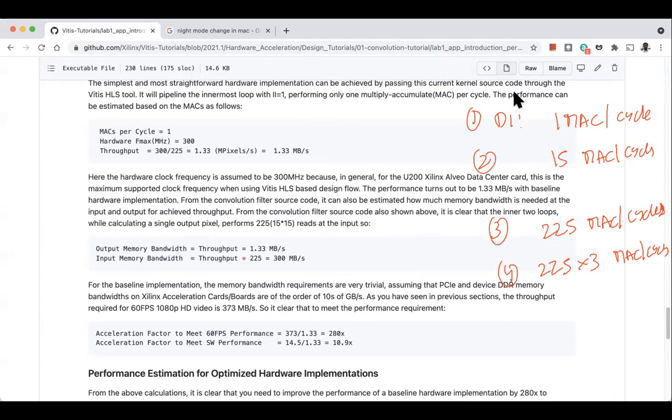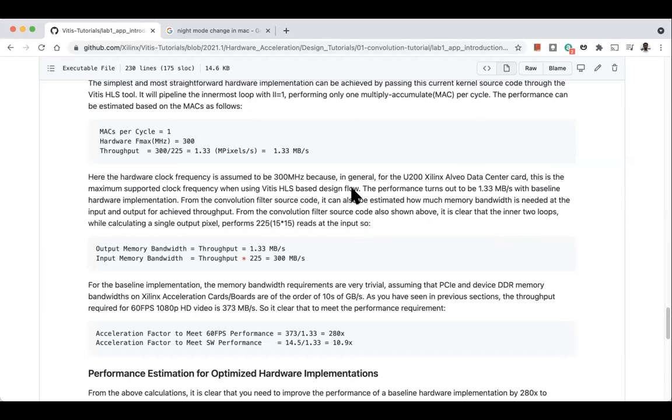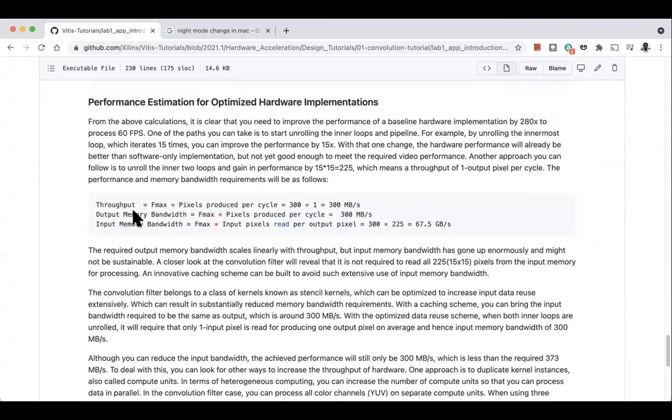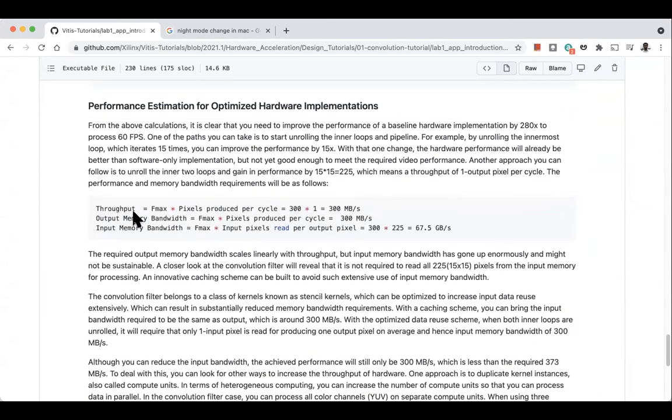So this is an important question. This is an interesting thing. If you see this performance optimization, here, the third row, in order for us to produce one output pixel, we need 225 input pixels.